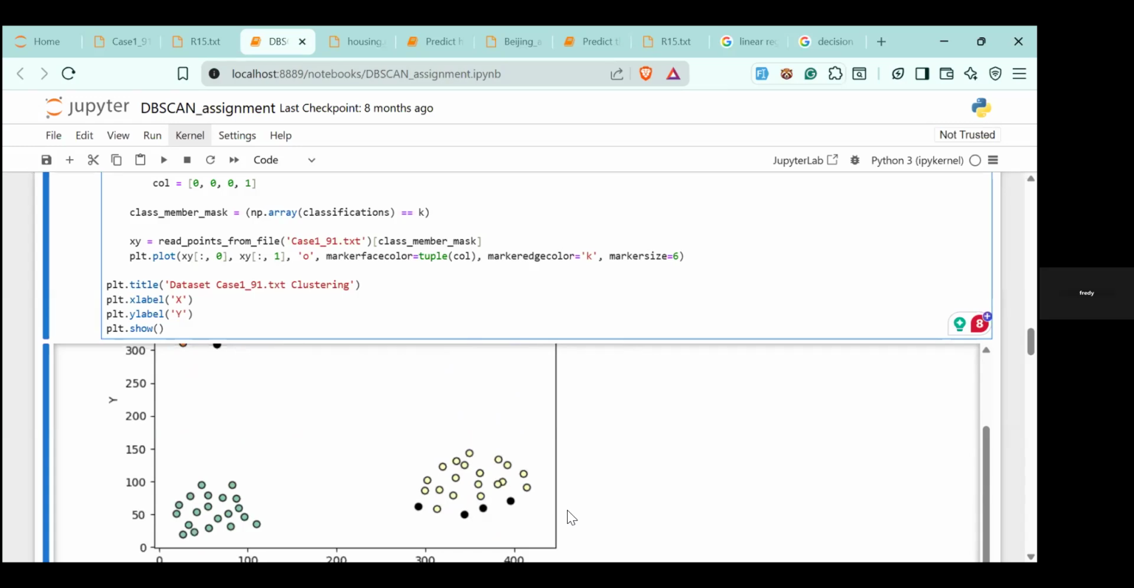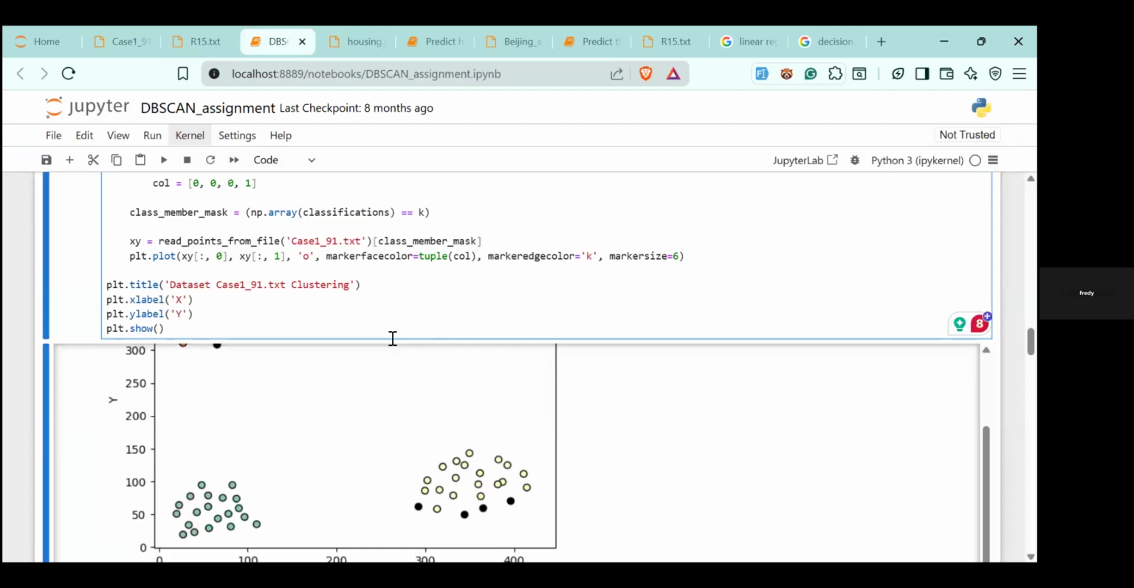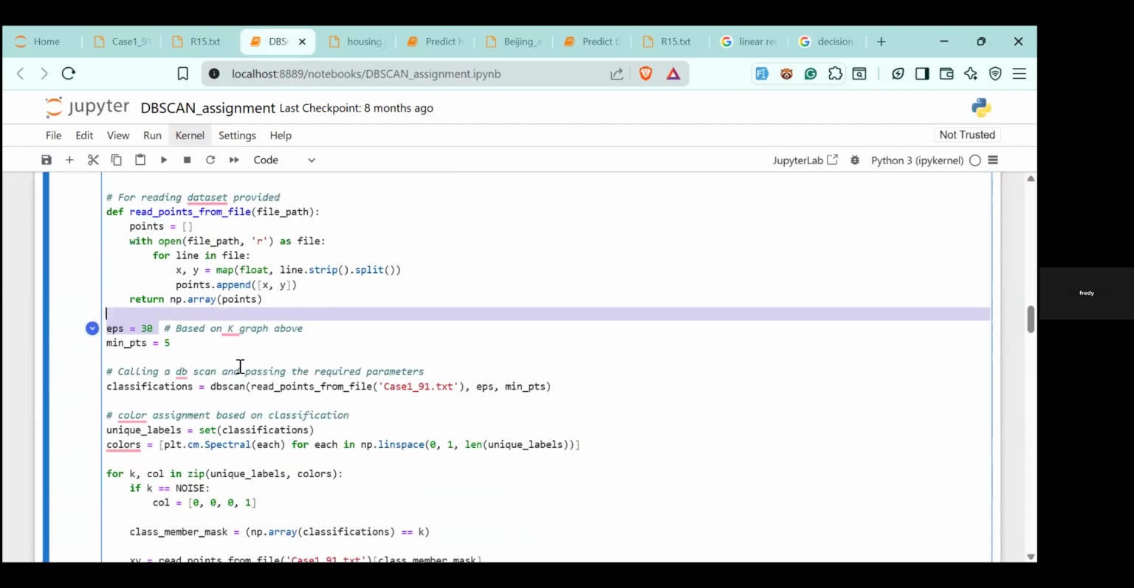So basically, it took in all the data. We declared the minimum points, and we declared the epsilon. Let me do one thing so we can understand why we need to calculate the epsilon using the K graph, and why we need to have minimum points. So if we say minimum points,